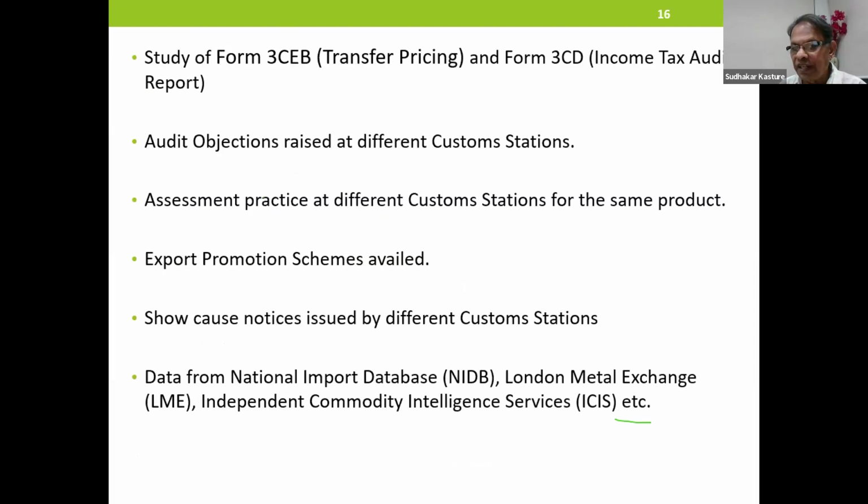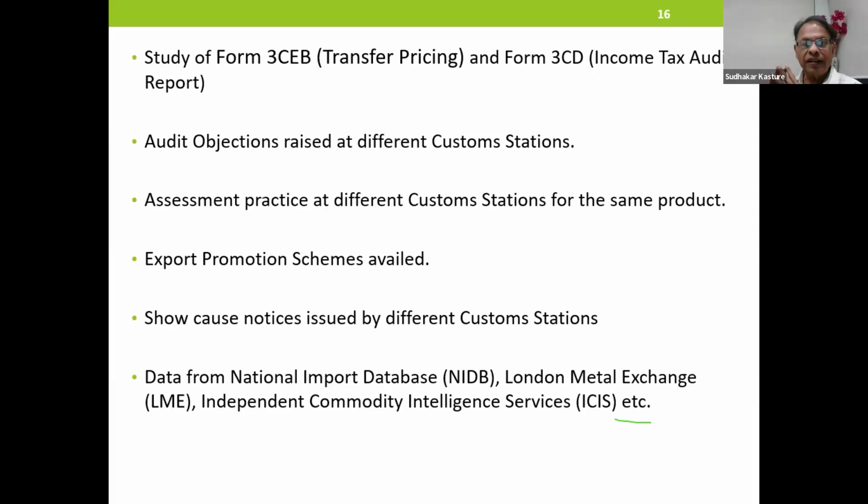Study of Form 3CB, transfer pricing, and Form 3CD, income tax audit report, particularly with reference to transfer pricing. This plays an important role. Related party transactions use this. Audit objections raised at different customs stations, if you are a company operating at multiple customs stations.